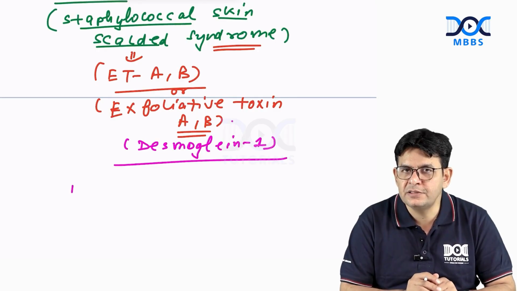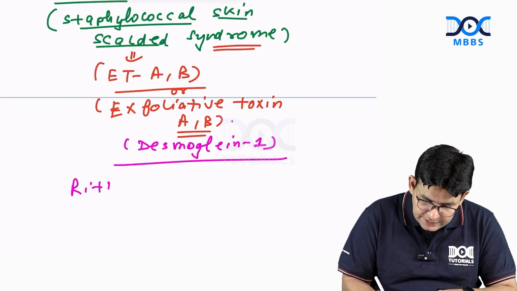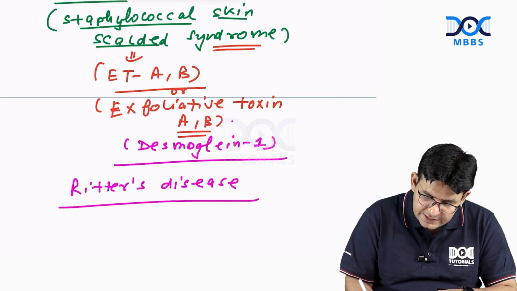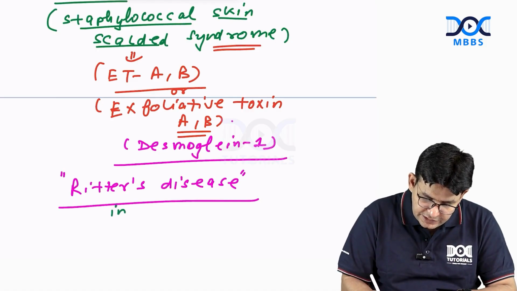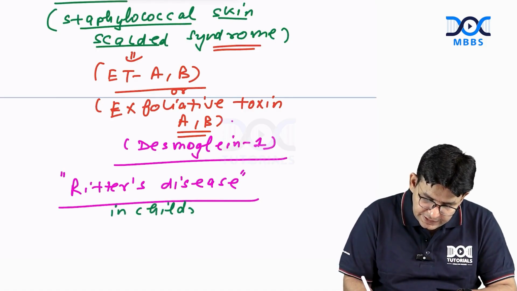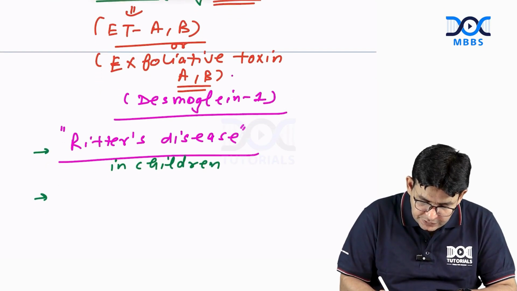This exfoliative toxin A and B. This ailment is termed as Reiter's disease. This particular ailment is termed as which disease in the children? Reiter's disease in children. And it is being said, it is also termed as toxic